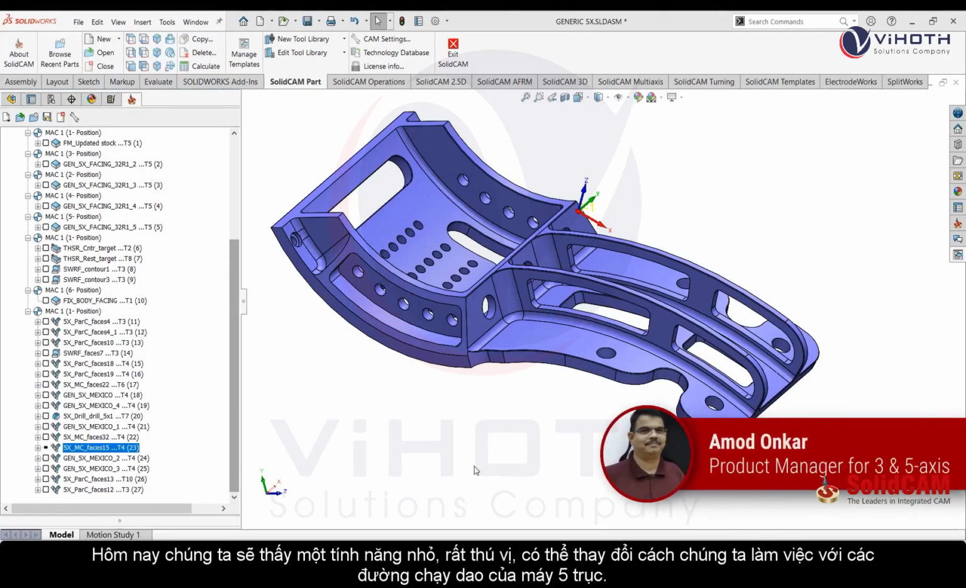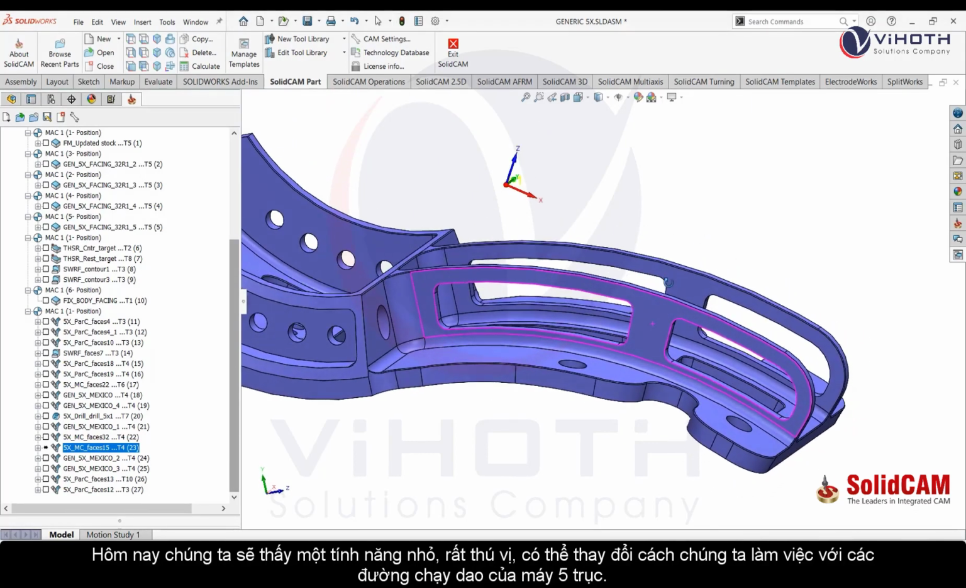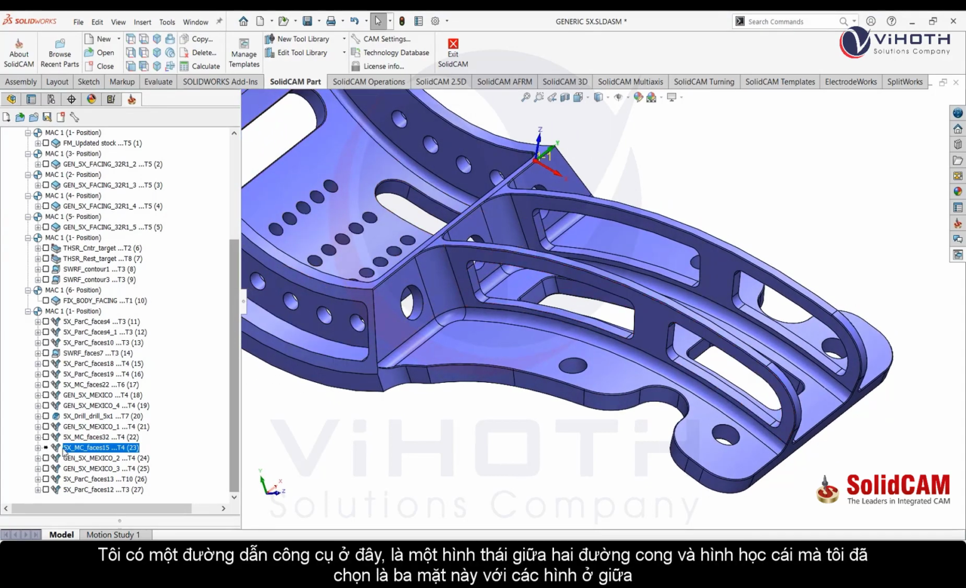Today we're going to see a very small, very interesting feature which could change the way we work with our 5-axis toolpaths. I have a toolpath here which is morphed between two curves,